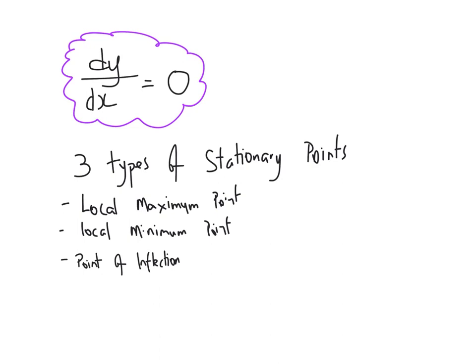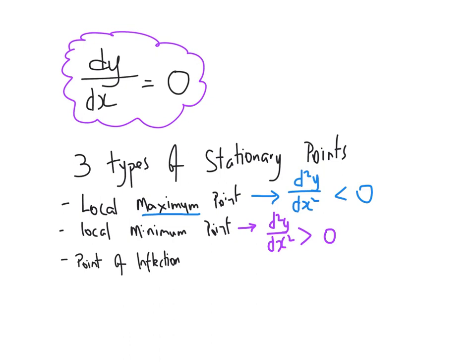But at a local maximum point, to know that it's a local maximum, we will look at the second derivative. And if d2y dx squared is less than 0, then we have a local maximum point. Similarly, we again look at our second derivative here, d2y dx squared, and if that is greater than 0,